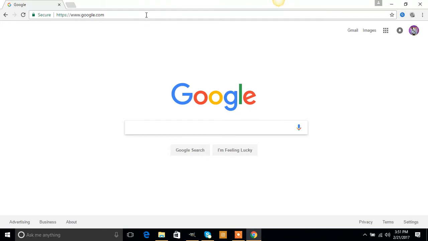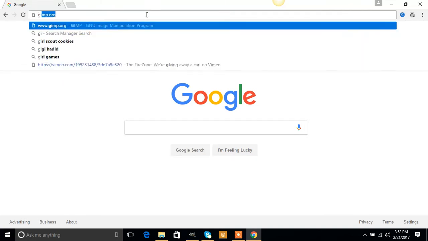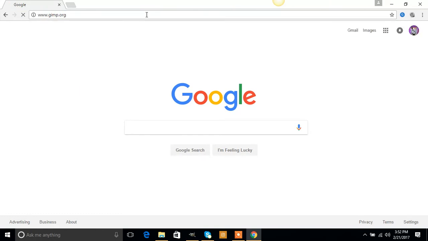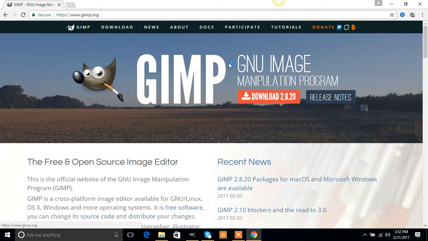If you do not have photo editing software, guys, you can simply go to GIMP, which is gimp.org, and hit enter. Okay, it's going to take you to this place. You can download Gimp. It's absolutely free, and it's a photo editor. You can do all kinds of cool things with it. Okay, see the little animal here with the big eyes, big nose, and the actual paintbrush. Once you download right here where it says download